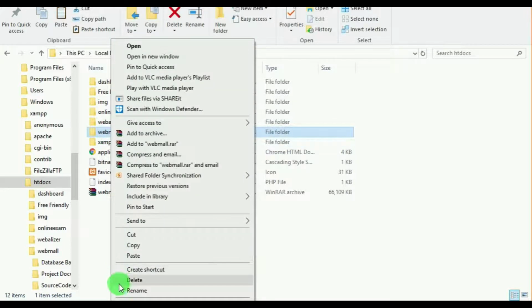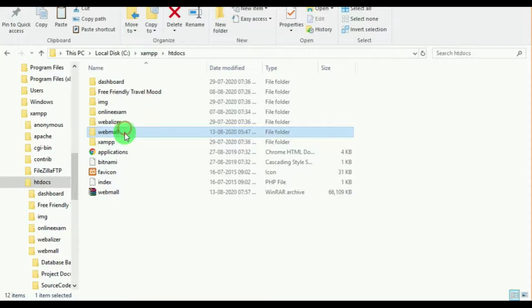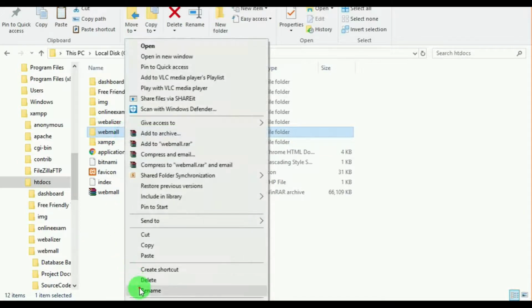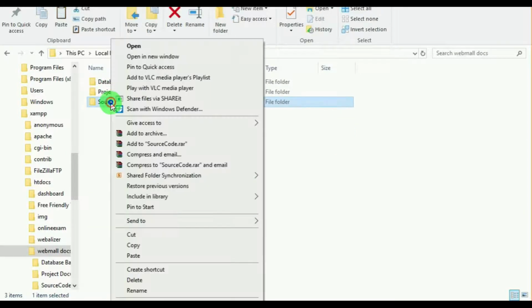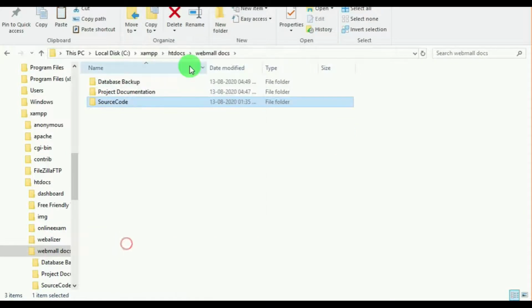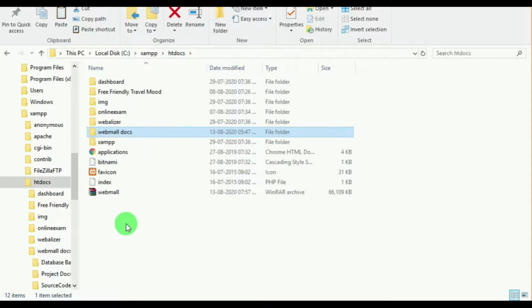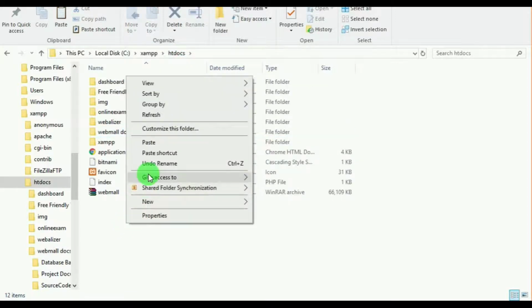Now let's rename the folder WebMall as WebMall Docs. And inside this folder, let's copy the source code and paste it in htdocs.